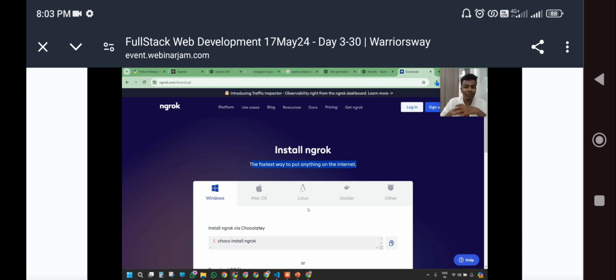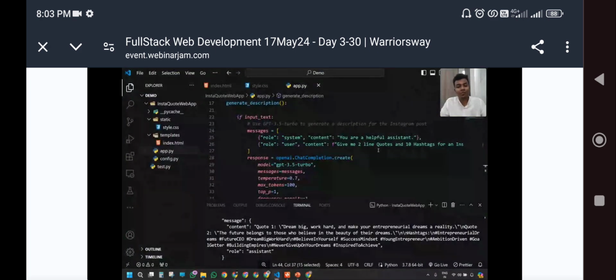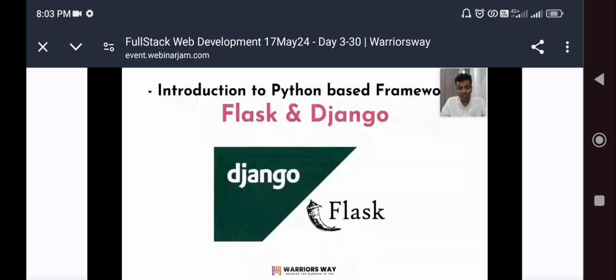Likewise, you can tell your friend, and your friend can interact with that, and you can see how it is really working. Okay, this is just for fun. This is just a bonus. Please go and try it out. To make your localhost application publicly available, that can be done with the help of ngrok. Go and test it out.